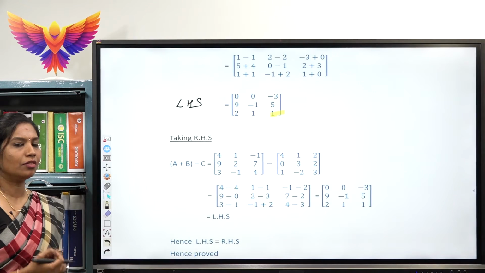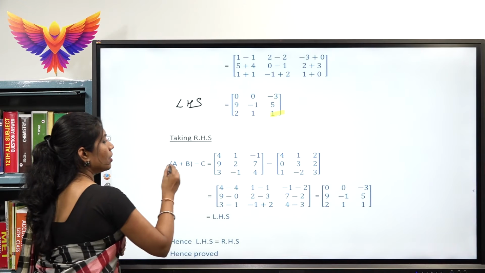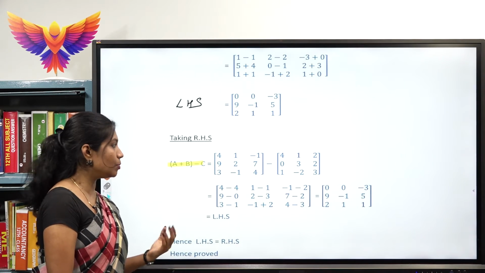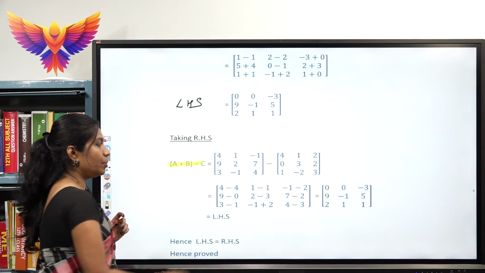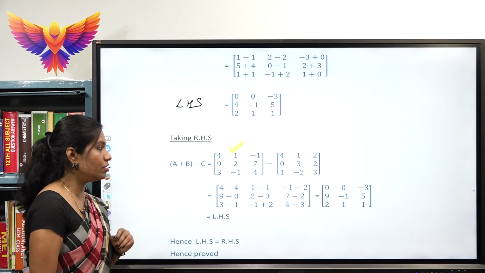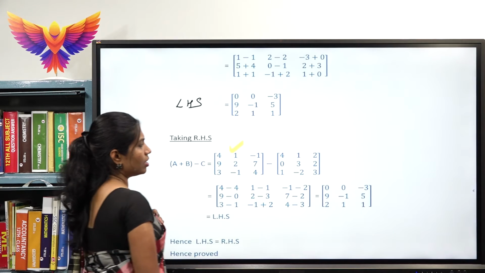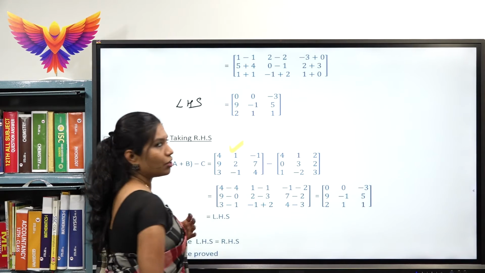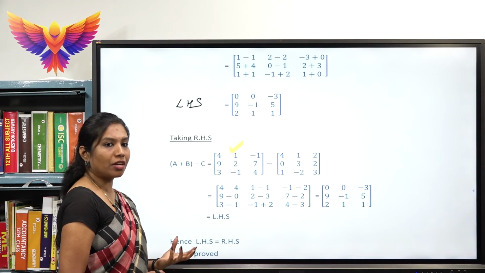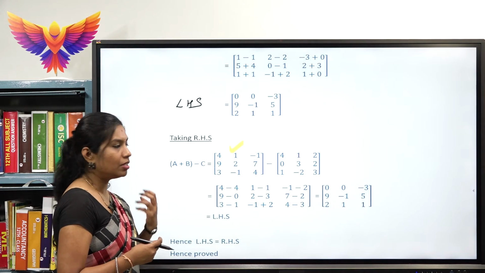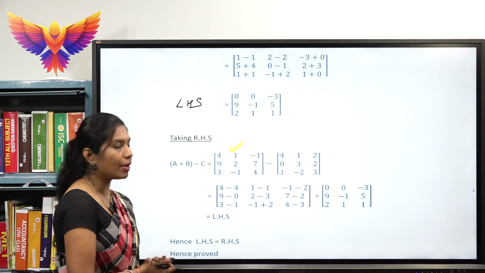So, same procedure, we have to find out what is A plus B minus C now. A plus B, we have already seen what is A plus B. I am taking the matrix A plus B here, this complete matrix I have considered. I will be subtracting the matrix C. So, we have a matrix C as 4, 1, 2, 0, 3 and 2 and so on. Since we need to subtract here, one more thing we need to check, the order of both the matrices are the same. The final matrix will also be a 3 cross 3 matrix.